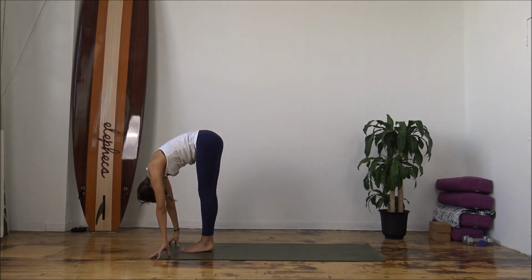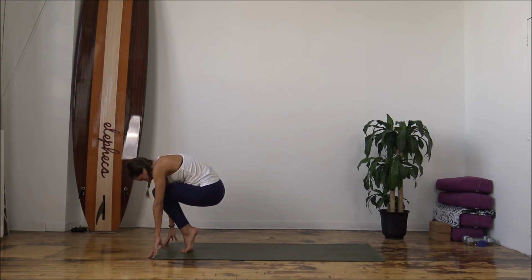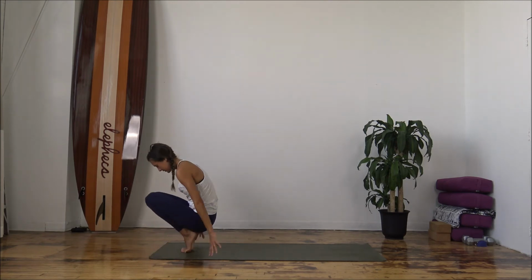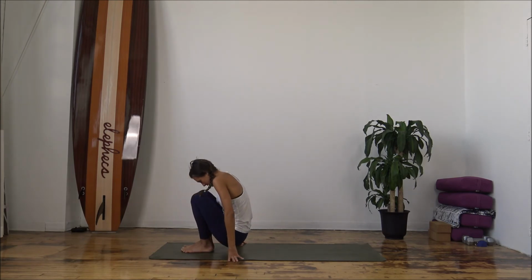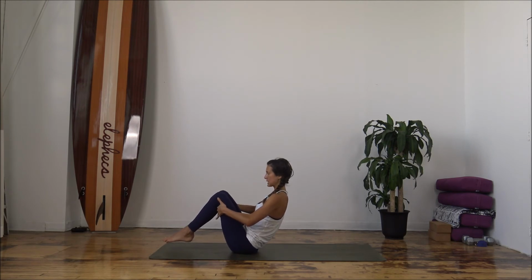And then from here, come onto the balls of your feet. Bend the knees. Nice and controlled. Bring your sit bones down. Relax the heels, and let's come right into boat pose. So bringing a little bit of weight back on your sit bones,